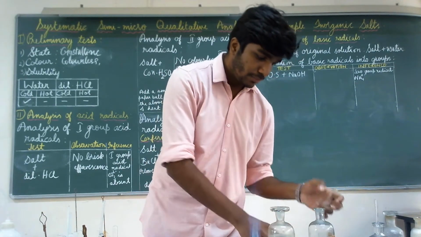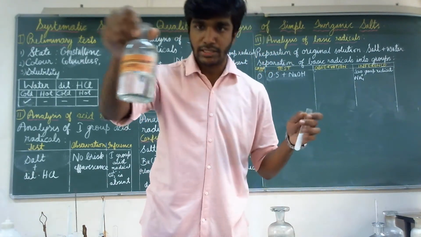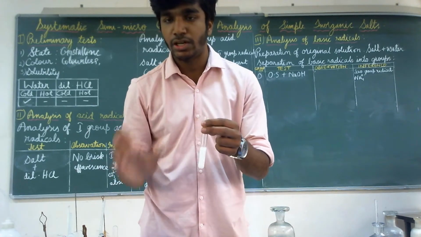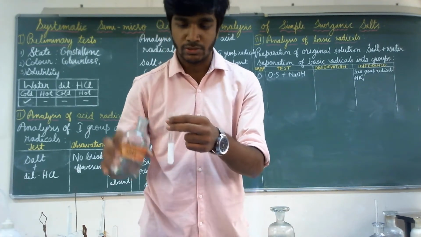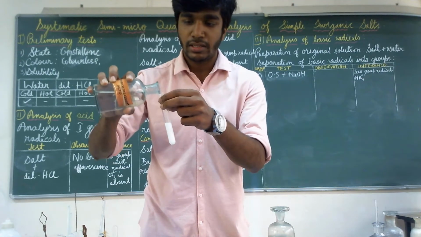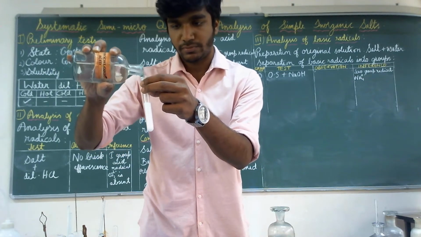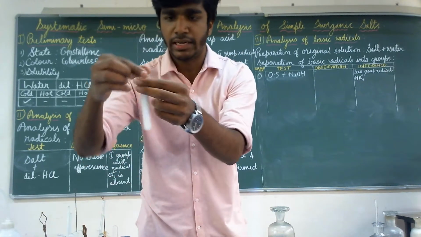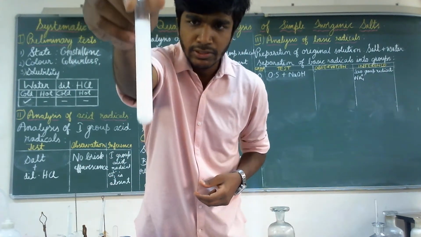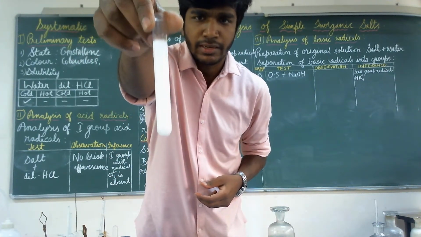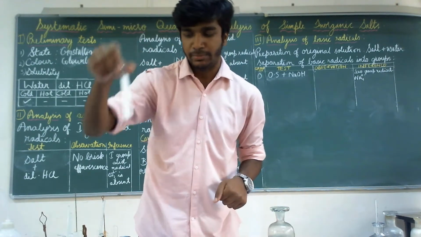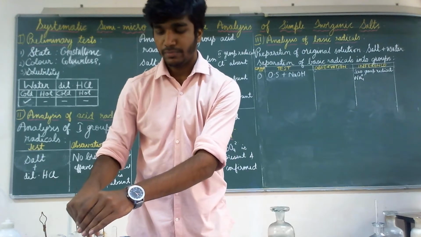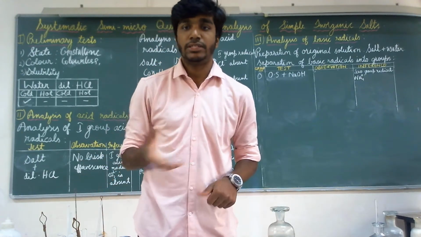Okay, so I have dilute HCl here. I will try to dissolve this precipitate. If the precipitate is insoluble in excess of dilute HCl, then it confirms SO4 2-. As you can see, the precipitate is insoluble. It is still white, and hence you can say that sulfate is present and confirmed. Okay. Now I will be writing this on the board, and I will tell you how to proceed further. Okay.